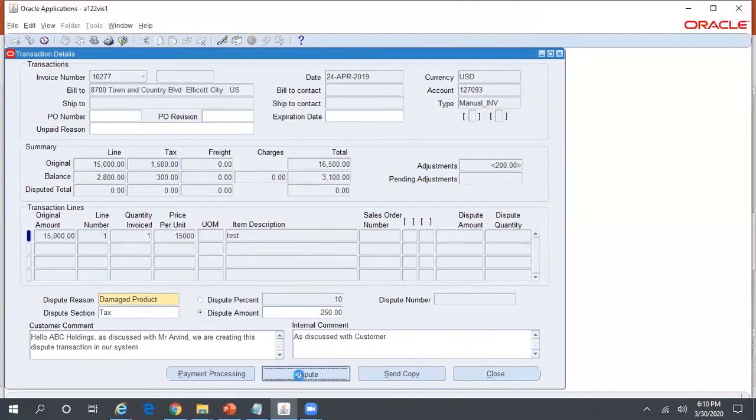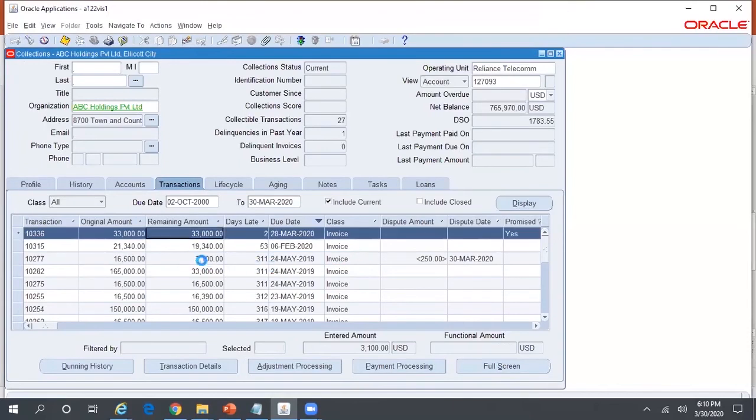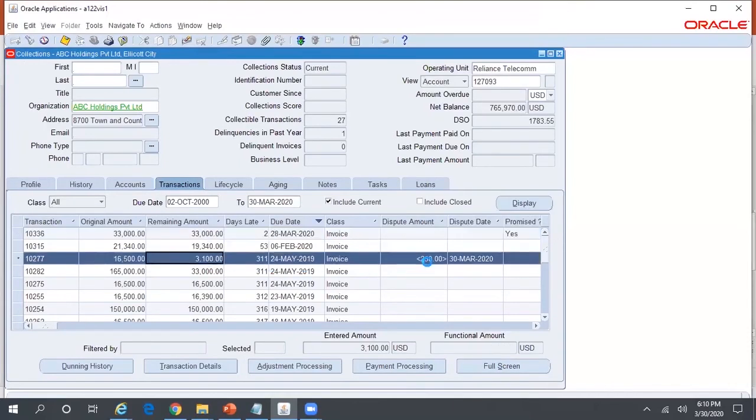Okay, click on the dispute button. As soon as you click on the dispute button, a dispute number will get generated here, which is 5596. So click on close. Okay, now if you refresh this, you can see a dispute is created for $250 and your dispute date is 30th March 2020.